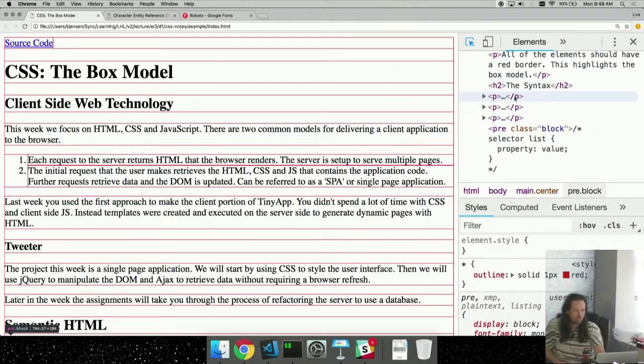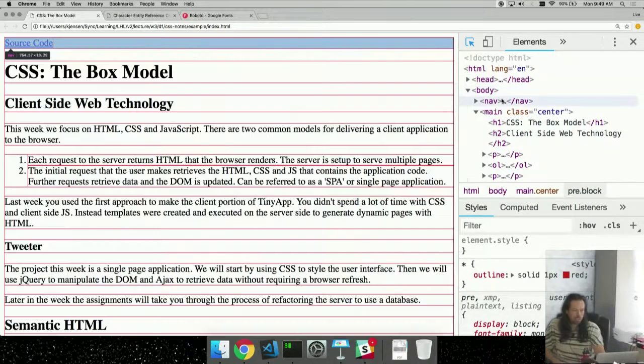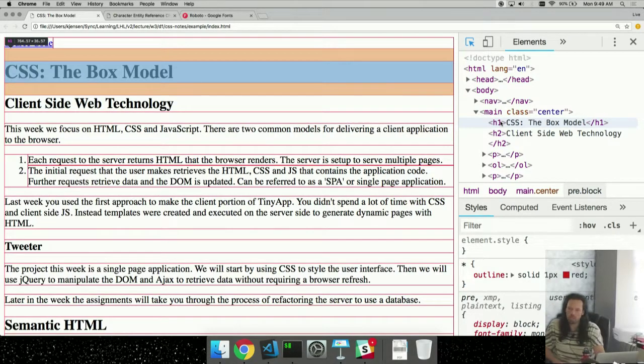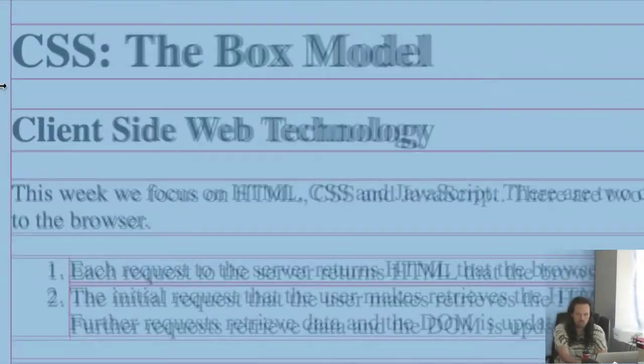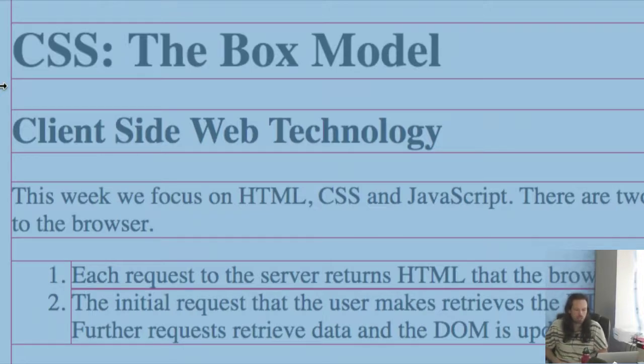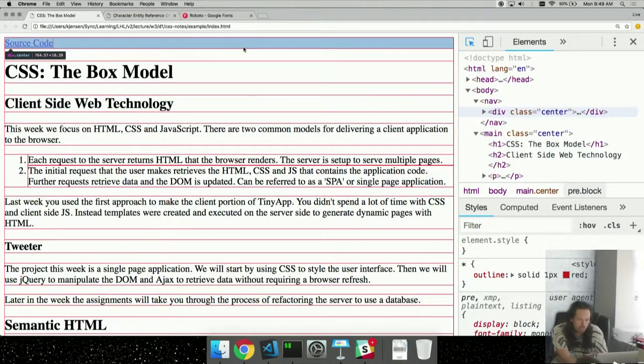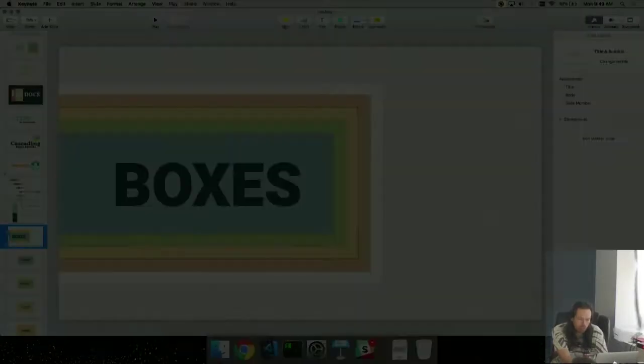And we can see that the nav has its own red line around it. And the main, it has its own red, and then inside of there, the H1 has its own red. So this actually shows us all these boxes that wrap up these elements, the boundaries of our content, right? Okay. And the way that we use the box model,